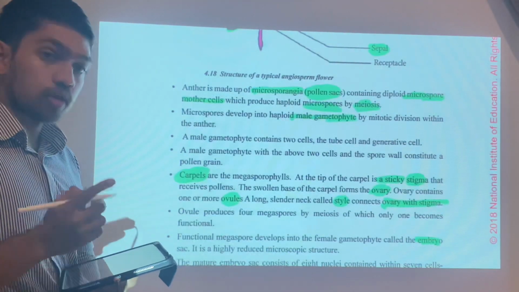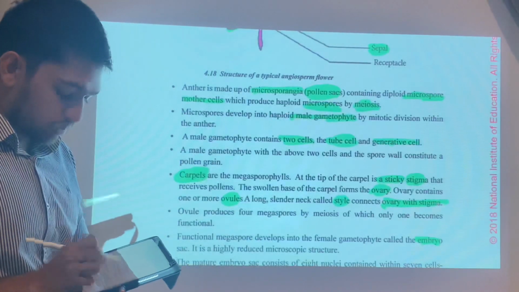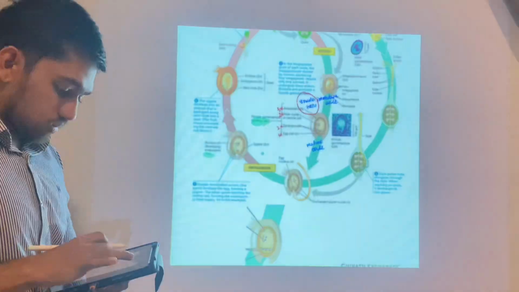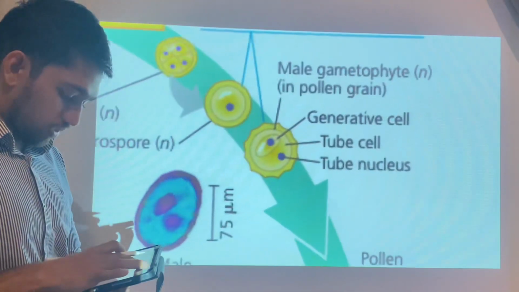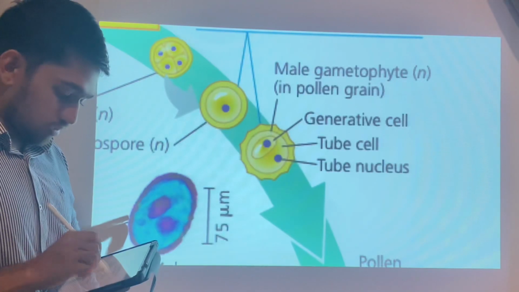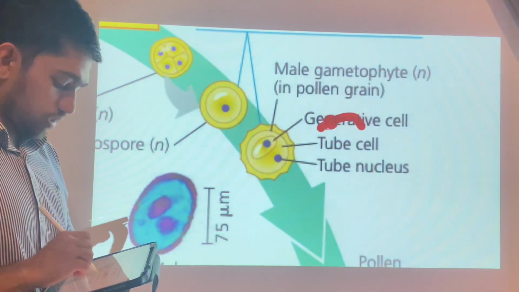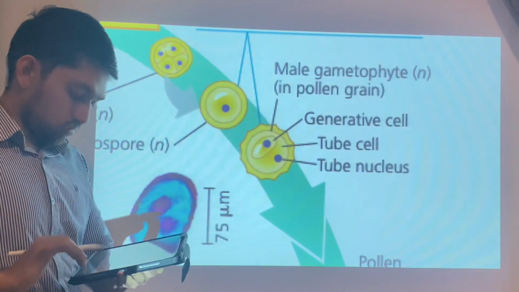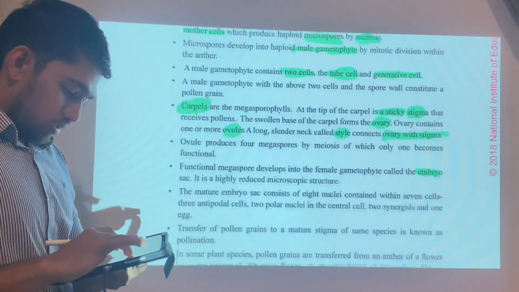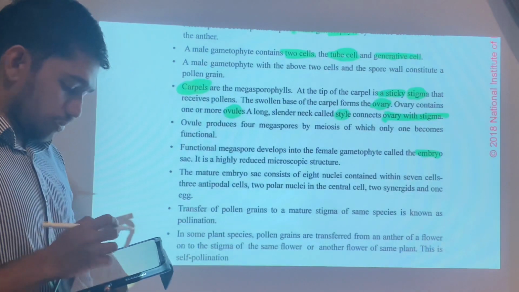The male gametophyte, I mentioned, has two cells, the tube cell and the generative cell. See, this is the male gametophyte: generative cell and tube cell. Then